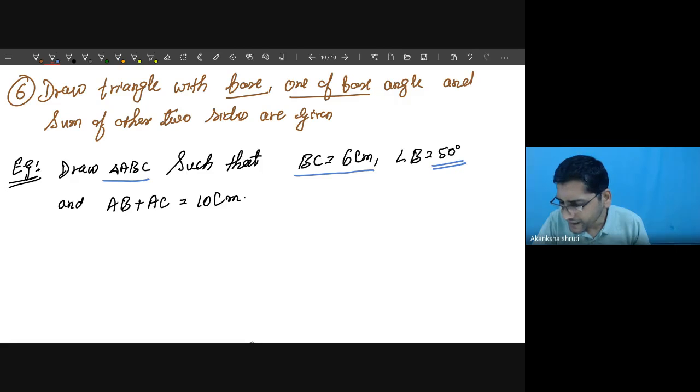Means what? We have to construct such a triangle in which this BC length is 6 centimeter, the angle at B is 50 degree,